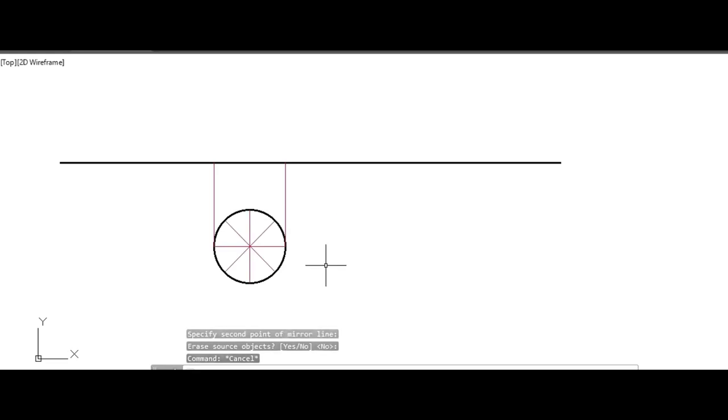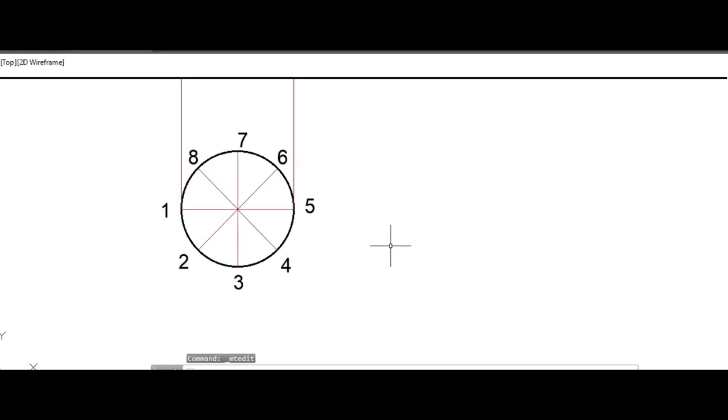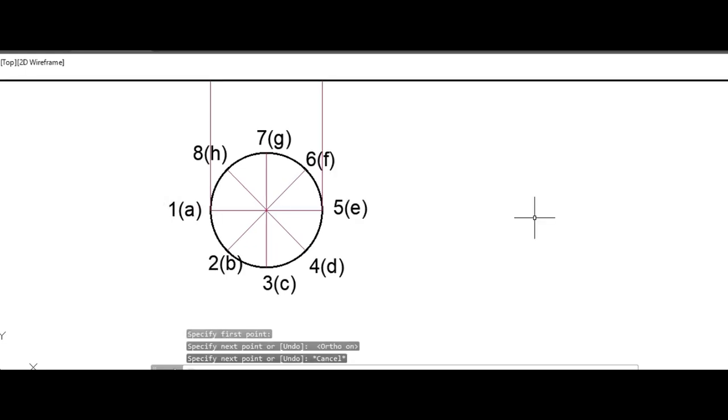Now I have divided the circle into 8 equal parts. Let me name them. This is your top side. The bottom has the same naming, A, B, C, D, but since it is hidden, it is put in brackets.